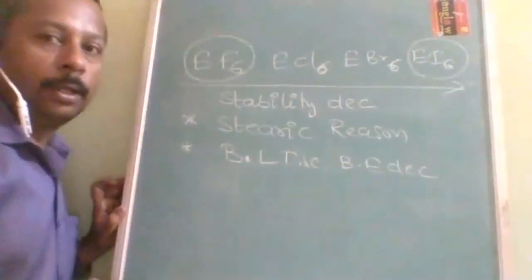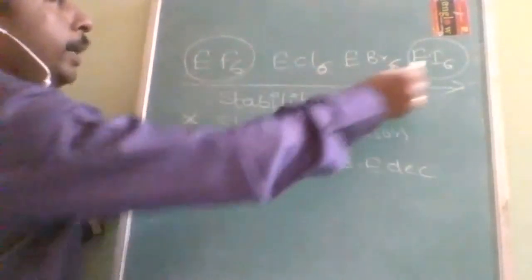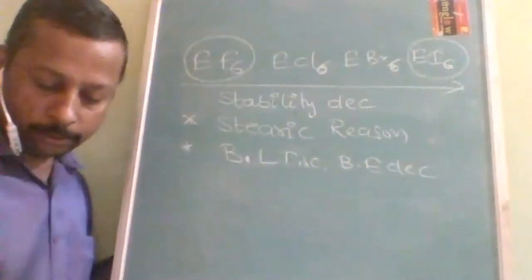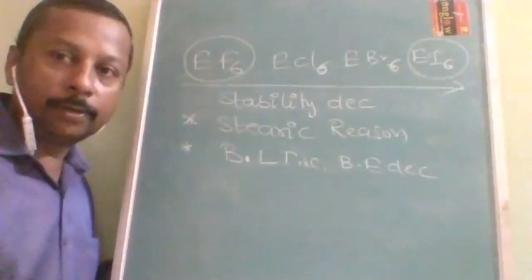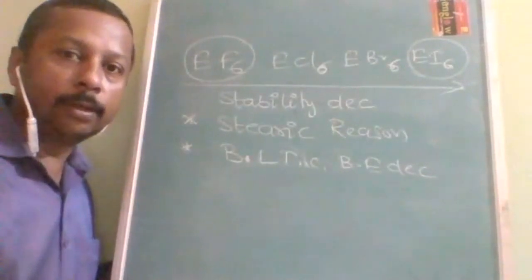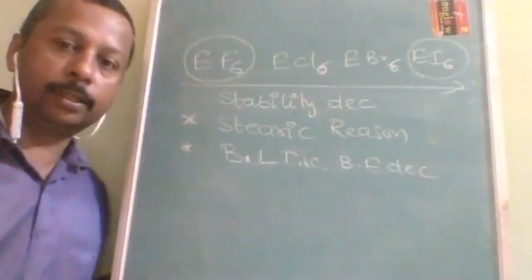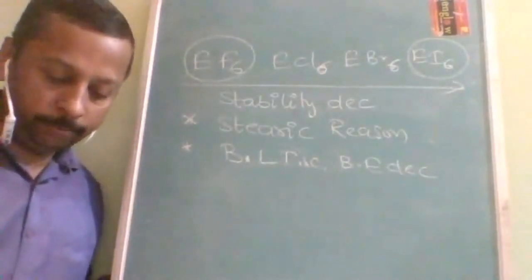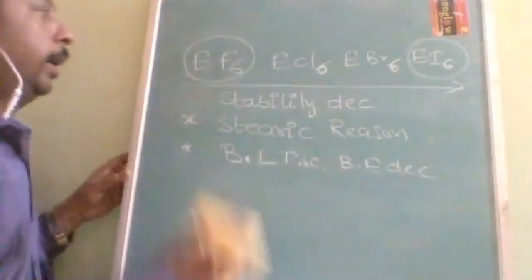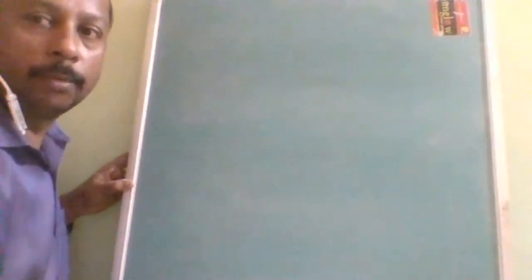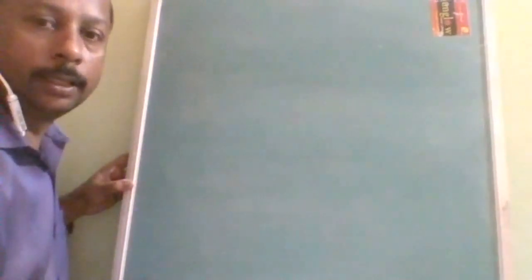Is it understood? And mostly we don't find hexahalides of iodine because nobody wants to accommodate so many huge atoms around it. Okay, so down the group with the same halogen, if I take the number of halides, what will increase? Down the group the number of halides will be increasing.